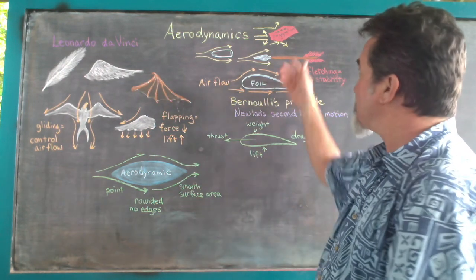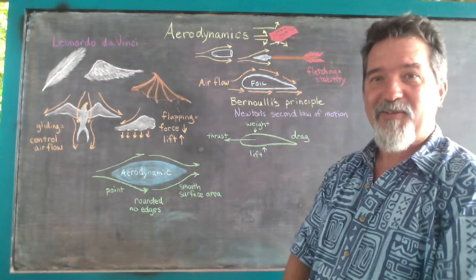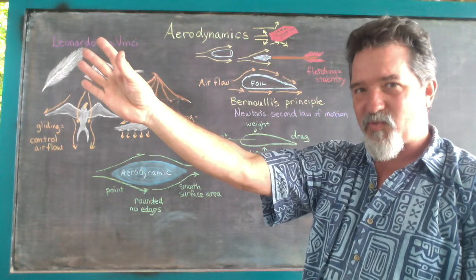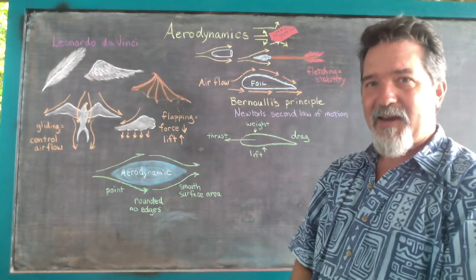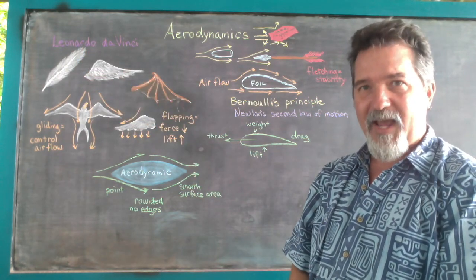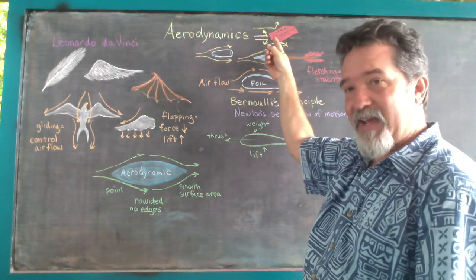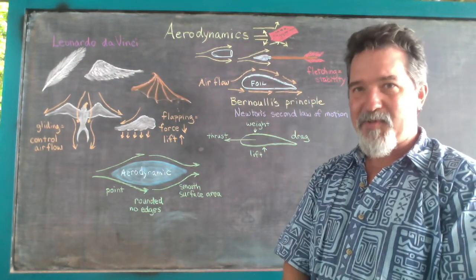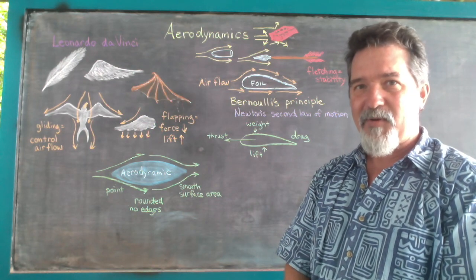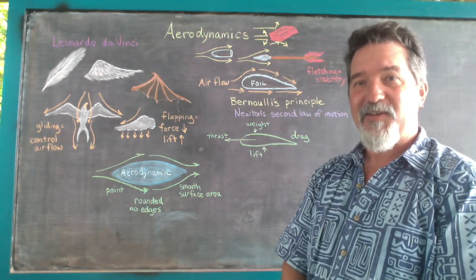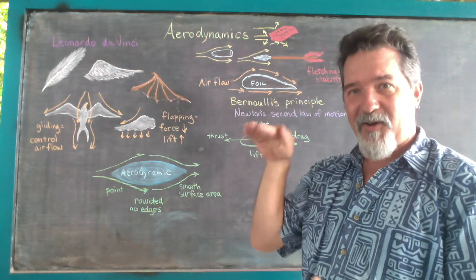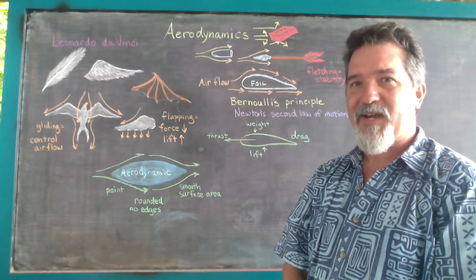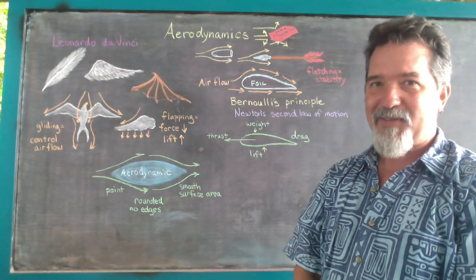When we look at something like a brick flying through the air, no matter how well you throw that brick in a straight way, the fact that a brick is rectangular and therefore has a very blunt face and has a bunch of edges is going to make it the opposite of an aerodynamic shape. Throwing a brick, it would be very difficult to keep it accurate and on target and moving across a plane. So of course we see the brick as a not aerodynamic thing.